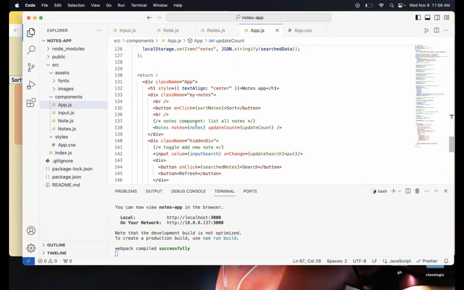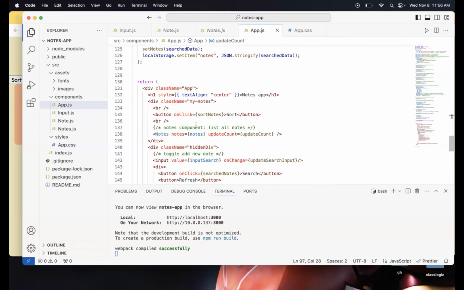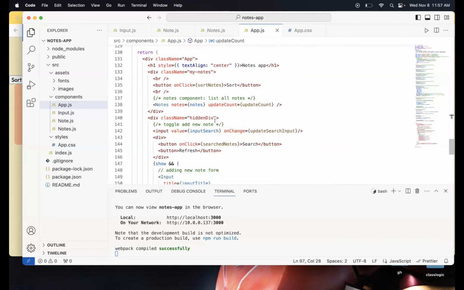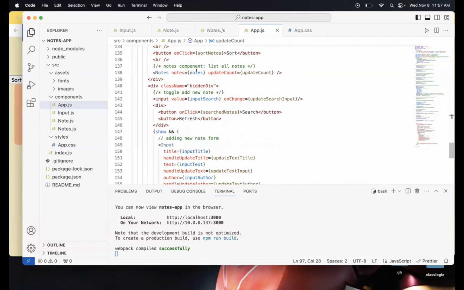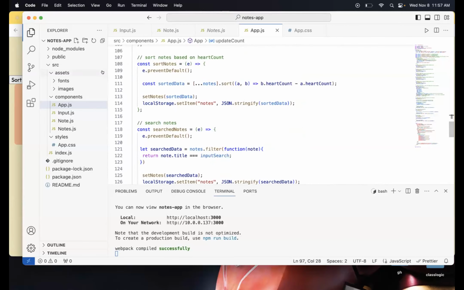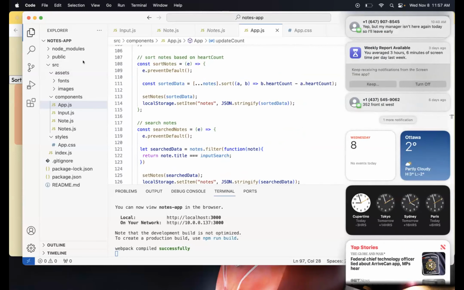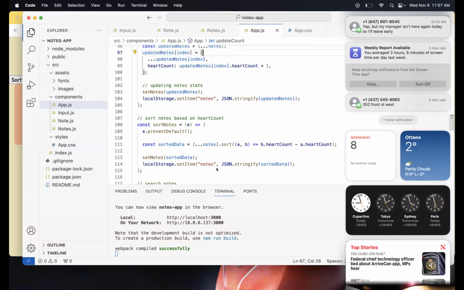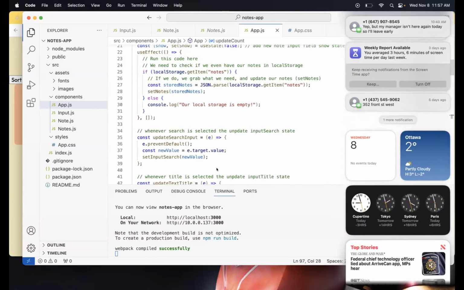Say if I need to call the stored notes or the previous notes for this button. Where did it go? Here. I wouldn't be able to call that. So likely what I will need is another variable that is essentially holding the previous notes. So for that, I'm gonna do the same, just like this.